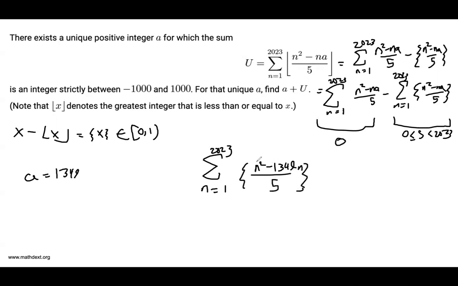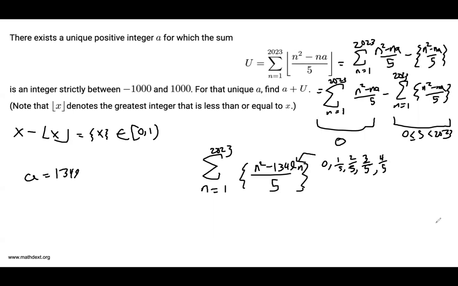And notice how the numerator is an integer. It could be a multiple of 5, or it could also not be. But either way, when you divide it by 5, you're going to get a remainder of 0, 1, 2, 3, or 4, which means that the fractional part of this whole thing is going to be either 0, 1/5, 2/5, 3/5, or 4/5. And this is where we break out some of our so-called modular arithmetic, which is basically what